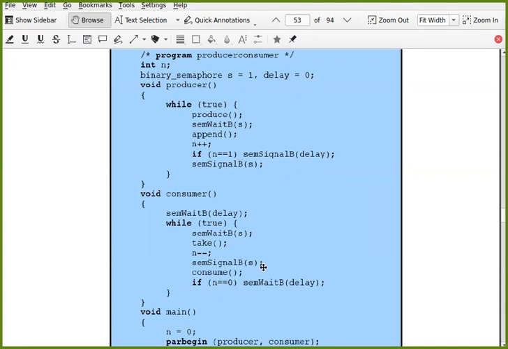Should the consumer wait further for any new data to be produced? If n equal to 0, it means there is no new data, so it has to wait. But if that wait is inside this, after n minus 1, if that is checked, the consumer will be blocked. The consumer is blocked in the critical section, which has not released this semaphore S, and in that case the producer will not